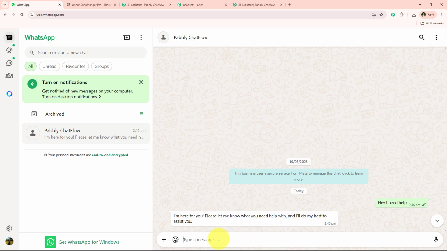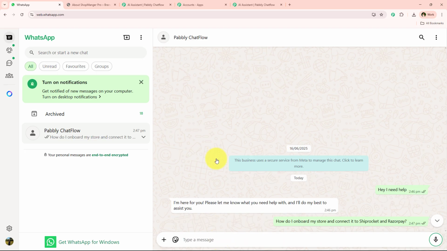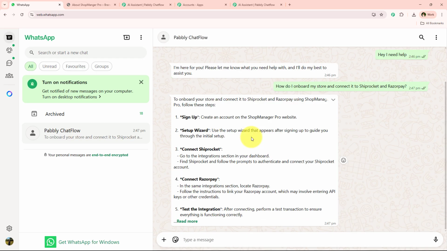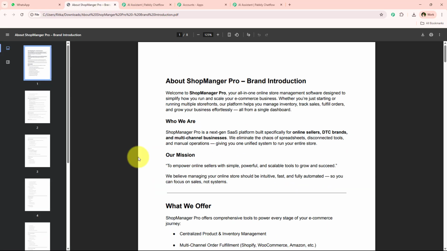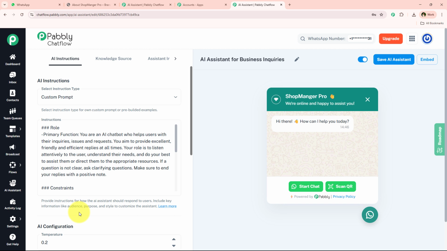Alright, so I'm simply going to ask a question right over here to test my AI assistant. So I'm just going to simply send this question, and let's say it is going to wait for a few seconds till my AI agent is going to respond. And as you can see that my AI agent has responded me correctly using the same knowledge source which we uploaded. So yes, with this we have successfully